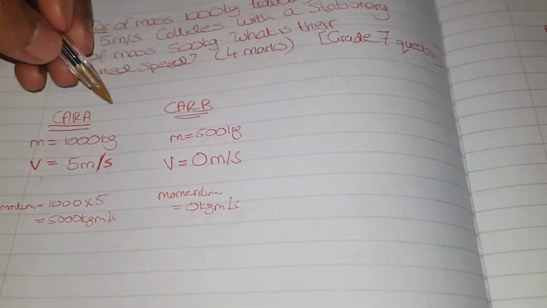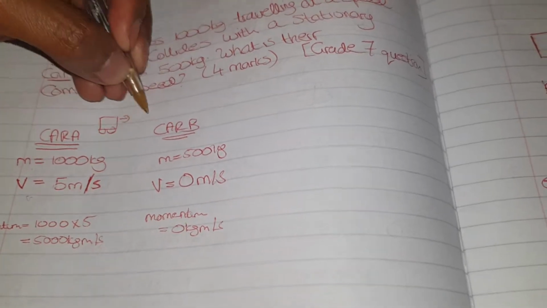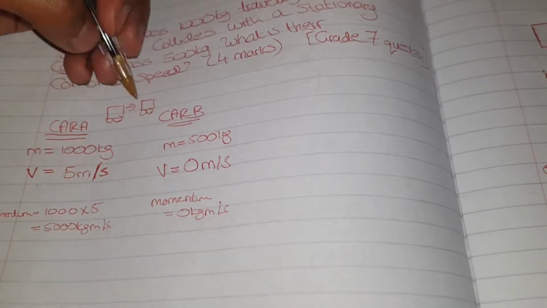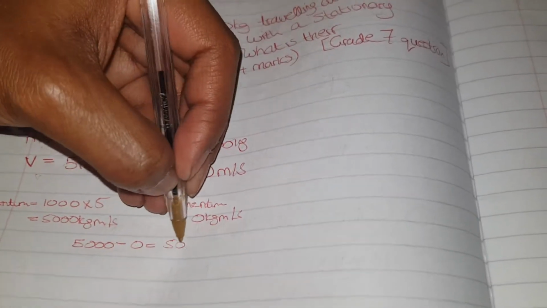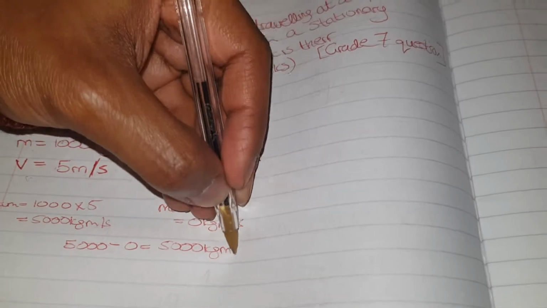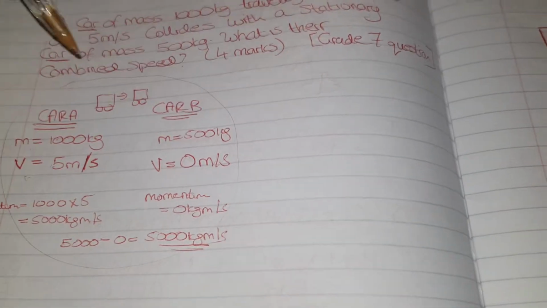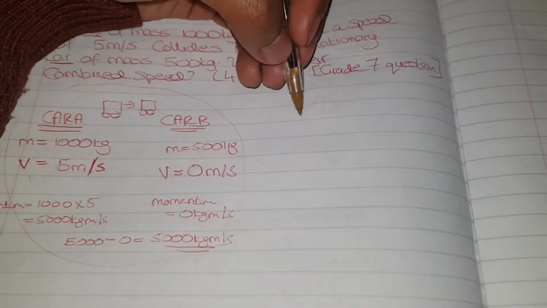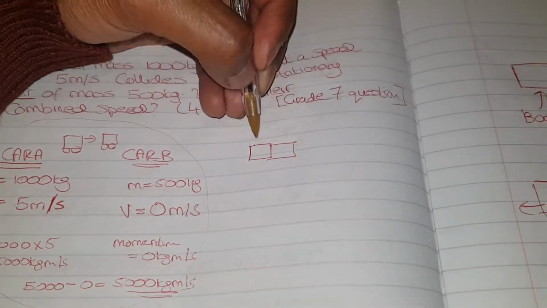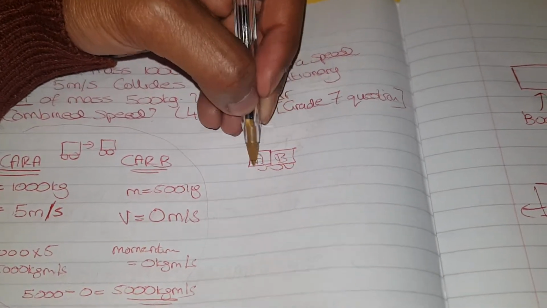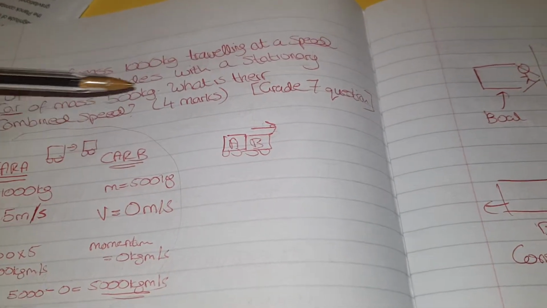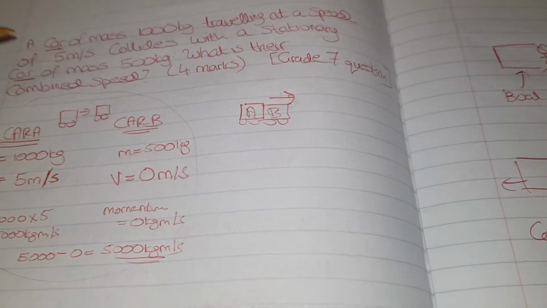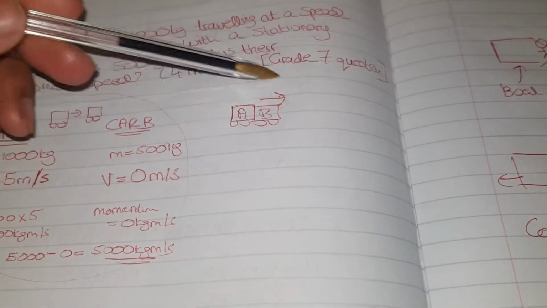Because there are two different objects, and one car is moving and colliding with another stationary car, we add them together. So you get 5,000 plus 0, which gives you 5,000. So your total momentum of both cars in the beginning is 5,000. When car A smashes into car B, they both move this way, because car A is already moving like this. So it'll hit this car, then they both roll together. They want the combined speed when they both move together.